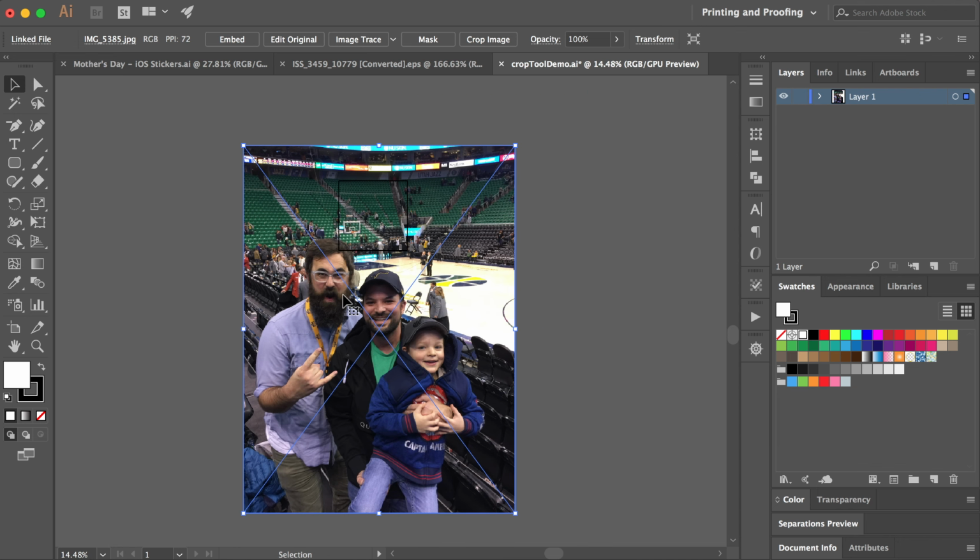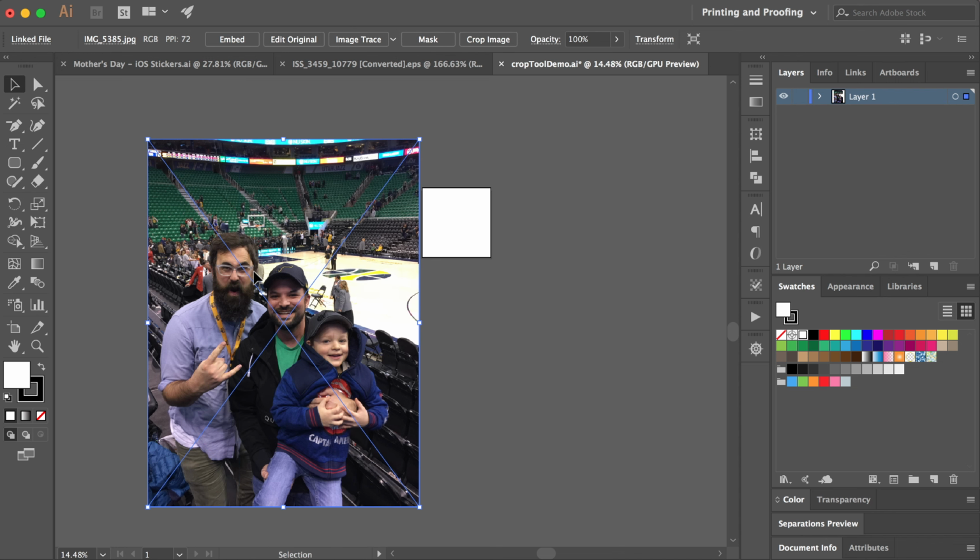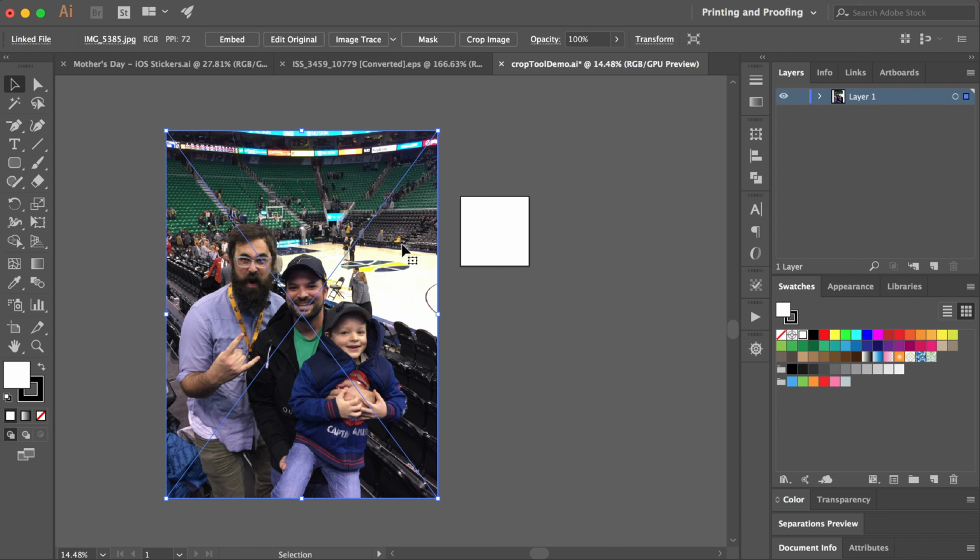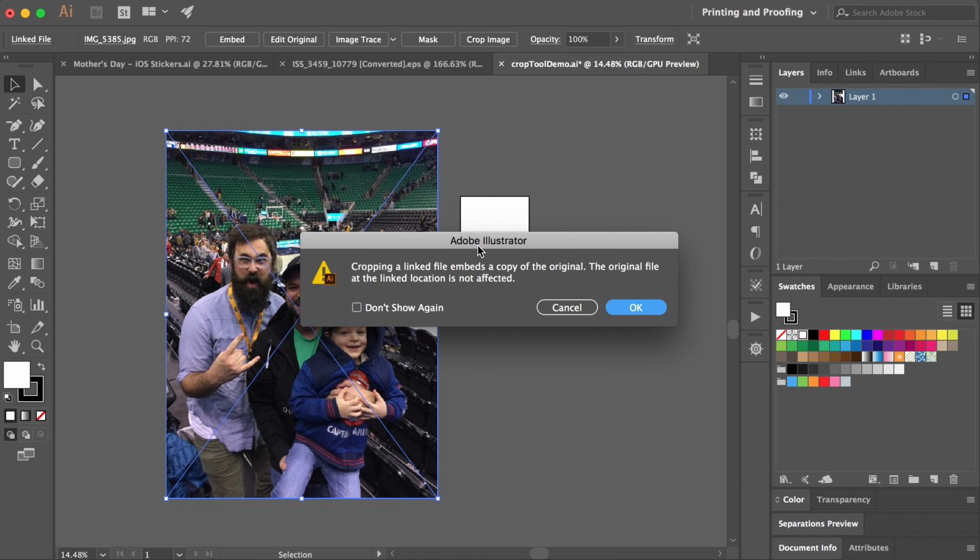Let's say I want to make this a square picture and crop it. So you'll notice right in the top toolbar now, you have the option to crop an image. I'm going to move this over to the side a little bit so that we can see the artboard. You'll notice that I have a square artboard, and we want this picture to be square. So all I have to do is click the crop image button in the top toolbar,